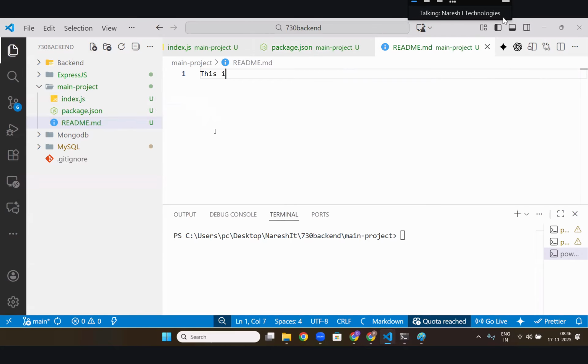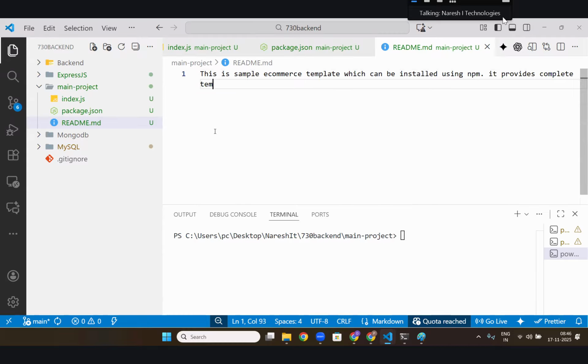This is a sample e-commerce template which can be installed using npm. It provides the complete template needed to create an e-commerce backend.